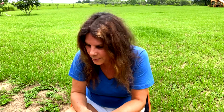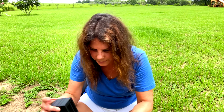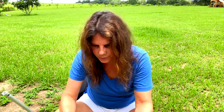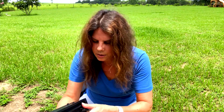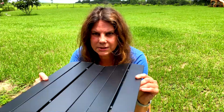Let's get to the table now. The table also comes with a nice storage bag, and I love that when it sits in my car. All the pieces are in there, and it's got this, and it's got this. So the same kind of thing as the chair, where you kind of have to put all of these pieces up. So you take out these, there's some elastics that come with it. When you open up, this is the top of the table,